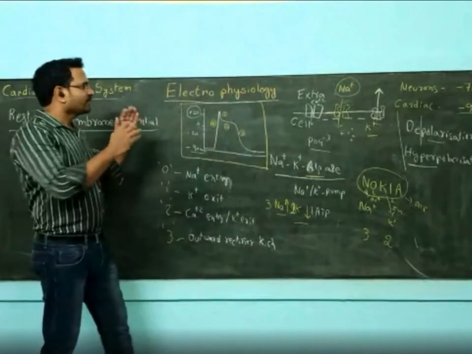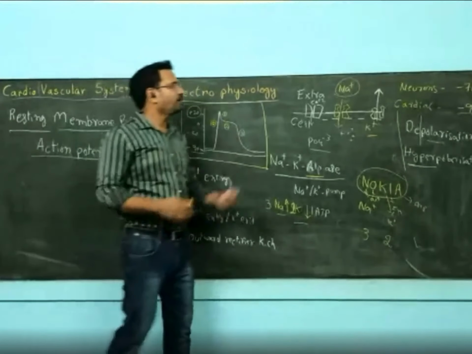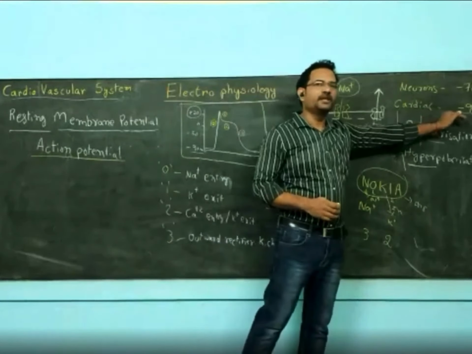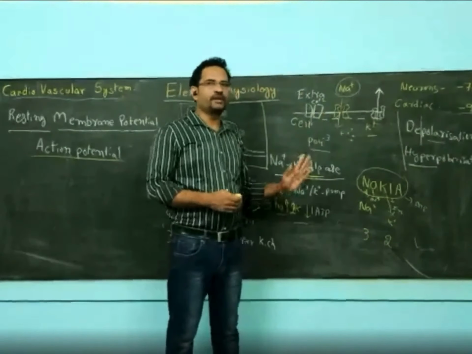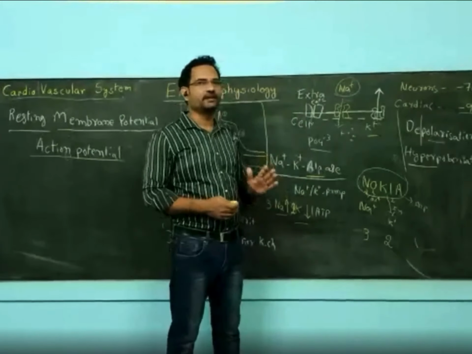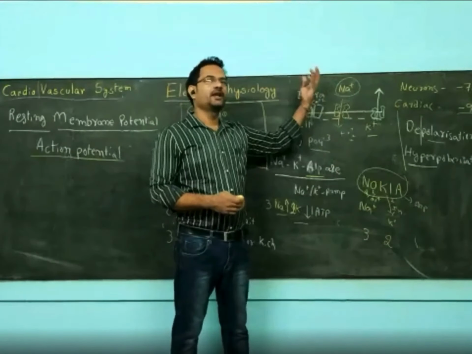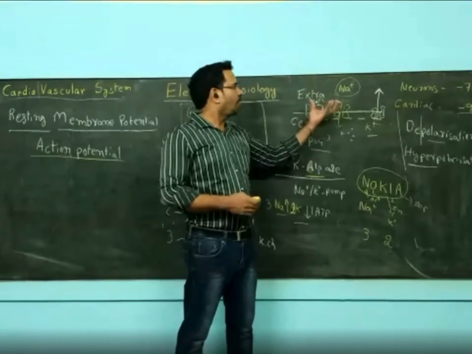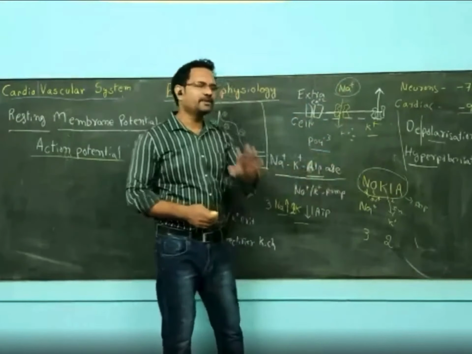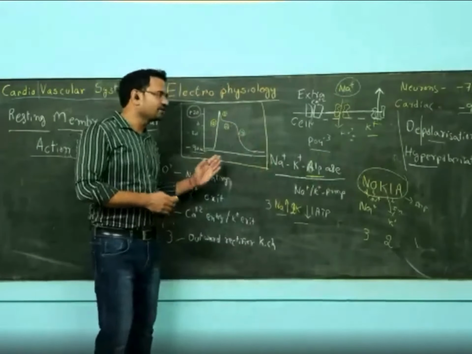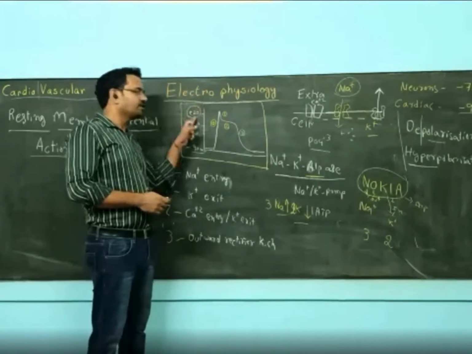Let me repeat this again. See, action potential is nothing but rapid rise and fall of potential. The normal resting membrane potential is minus 90 millivolts, negative inside. During a stimulation, sodium channels will open. Action potential starts with the opening of the sodium channel. When the sodium channel is open, it allows sodium from outside to inside down the concentration gradient. Outside sodium ions are more, so the higher concentration sodium rushes inside the cell. It happens only within milliseconds. In that phase, because sodium with a positive charge is coming inside the cell, the potential from minus 90 moves up to positive potential.